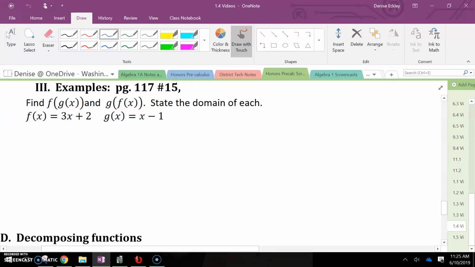Page 117, number 15. We are to find f of g of x and g of f of x. We're supposed to state the domain of each. So first, finding f of g of x means we take our g function and we are going to substitute it wherever there's an x in the f function. So f of g of x